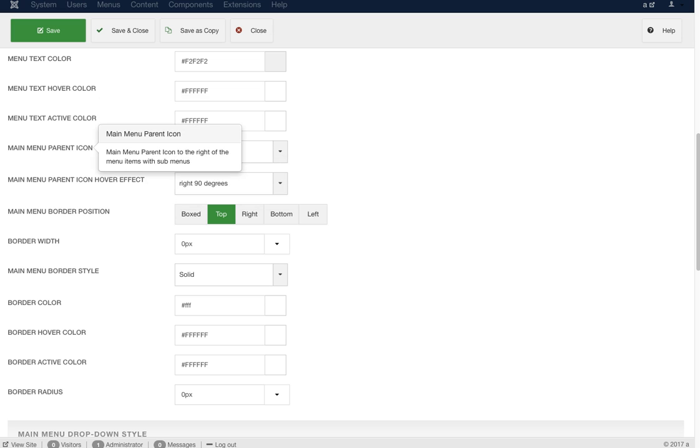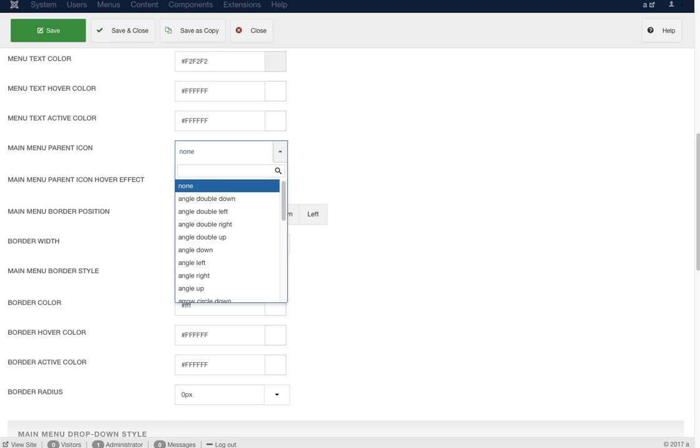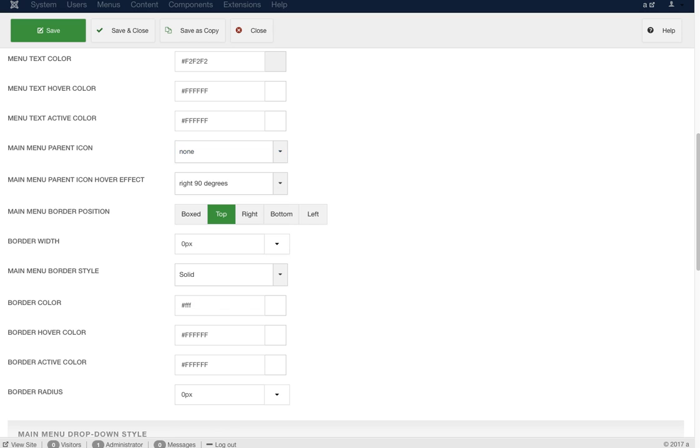Here we have a main menu parent icon. If you want to use an icon when the menu item is a parent of a subchild, which would mean a drop-down, if you want to show an icon after the menu item title that denotes that it has a drop-down to it, you can go ahead and select any one of these styles here. Simply just Font Awesome. And then you can animate it, right 120 degrees, left,